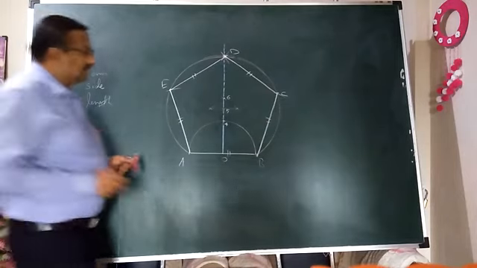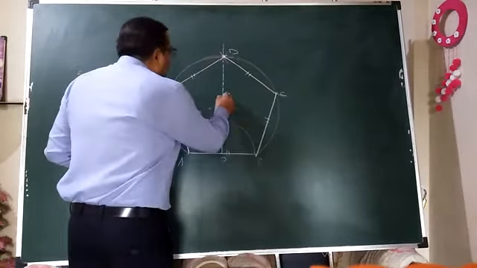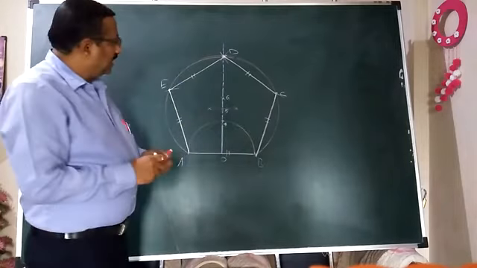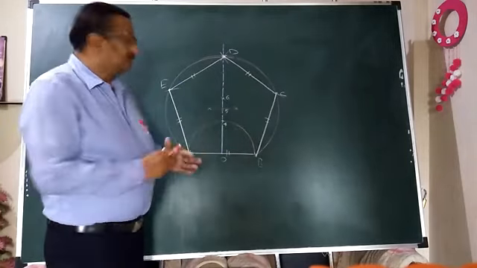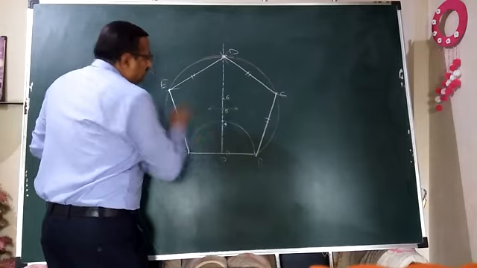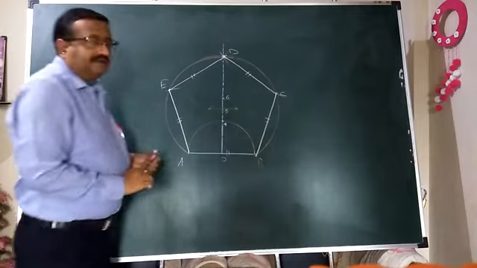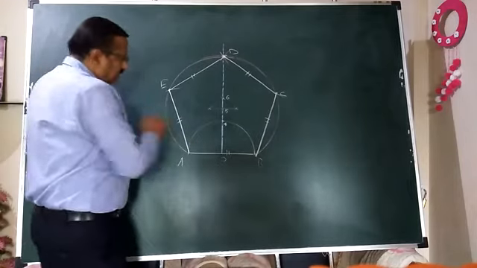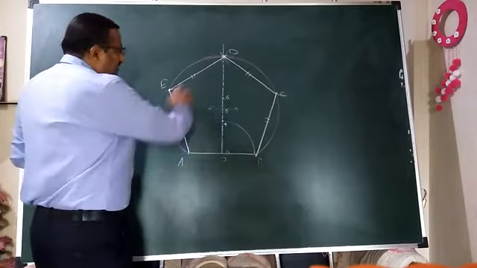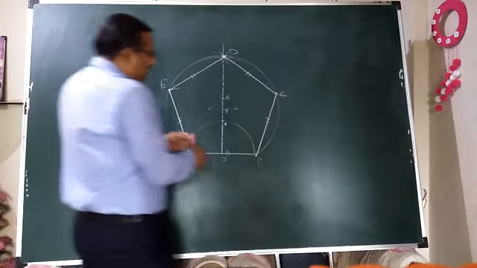Now what is the significance of point number 4, point number 6? I haven't written A, B, C like that. What is the significance? I will tell you. With 4 as a center and 4A as a radius, if we construct one circle in this way, see here, I will show you.